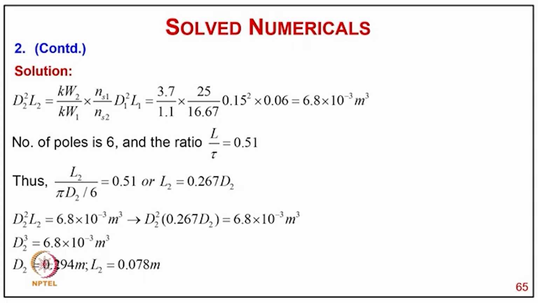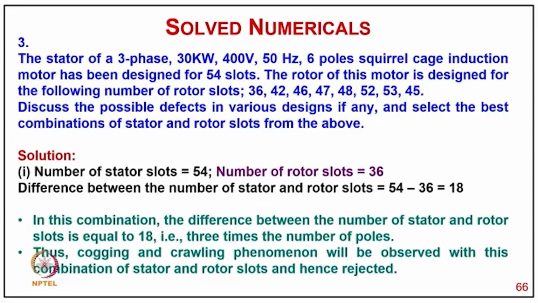So we can get the value typically from here: D cube equal to 6.8 × 10 power minus 3 meter cube, and D2 comes 0.294, and L2 comes 0.078 meter. Now coming to solved example three: the stator of a 3-phase, 30 kilowatt, 450 Hz, 6-pole squirrel cage